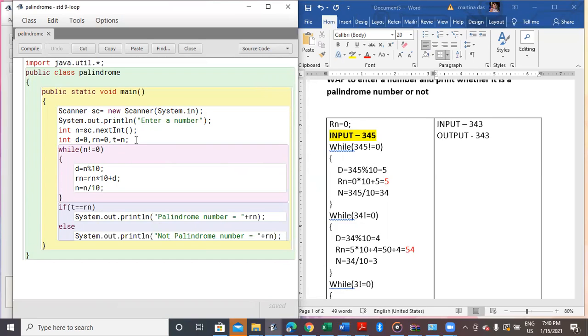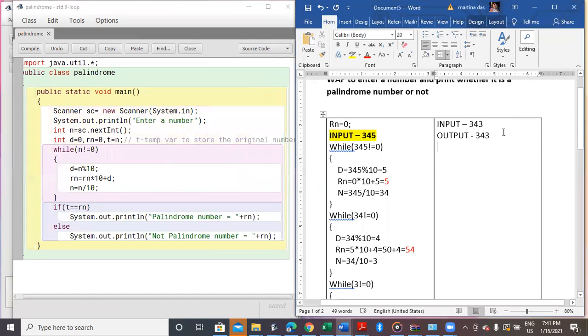So T is my temporary variable to store the original number. As per the program, D is 0. My input I will be taking here is 545. So D is 0, Rn will also be 0, and T will take the value 545.